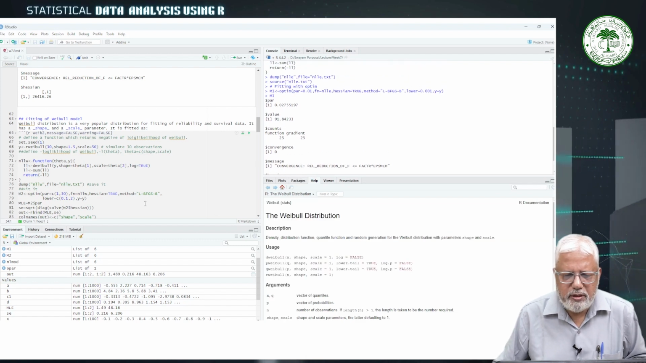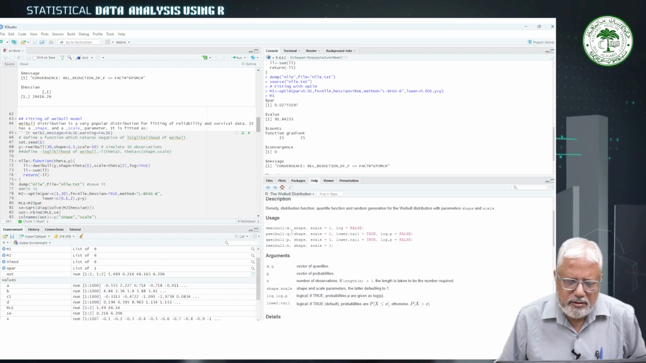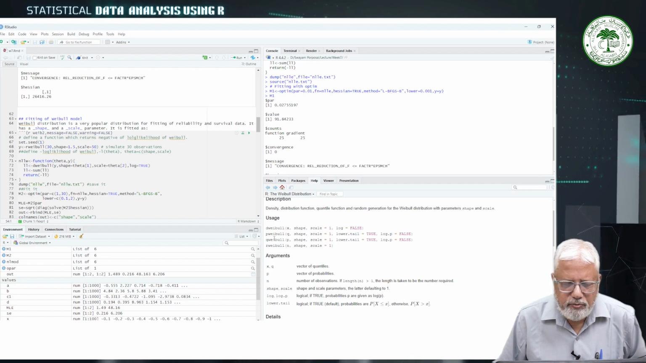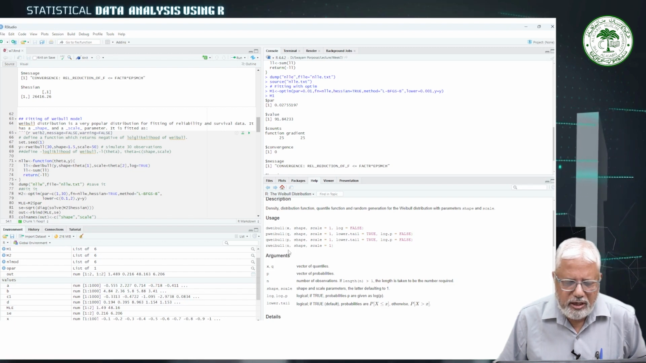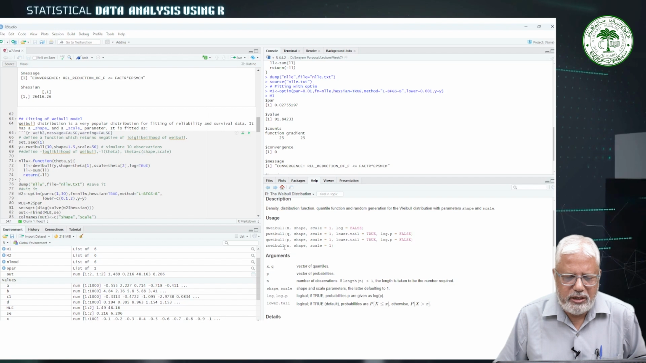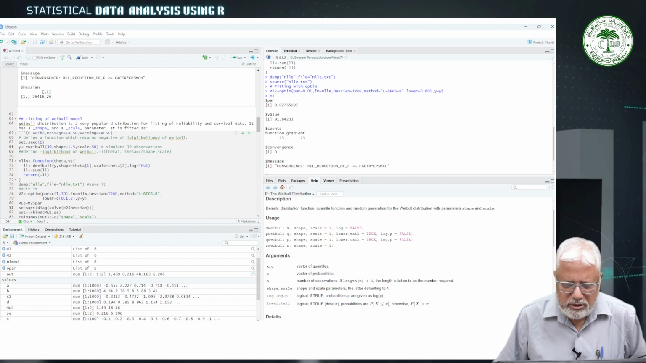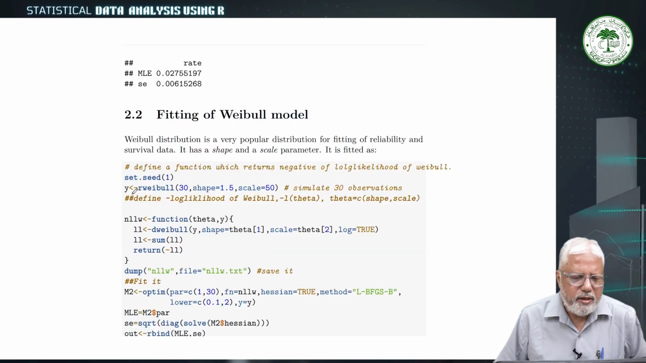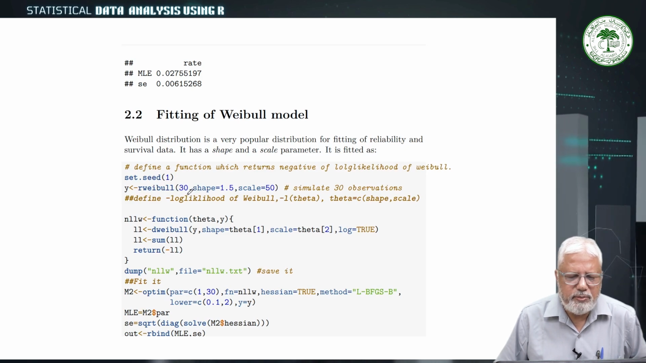See, dweibull has the Weibull distribution. dweibull is the value of the density, pweibull the value of the CDF, qweibull the value of the quantile, and rweibull the value of the random simulation. So these values are returned. Now we have written here y is equal to rweibull, 30 observations, shape is equal to 1.5,